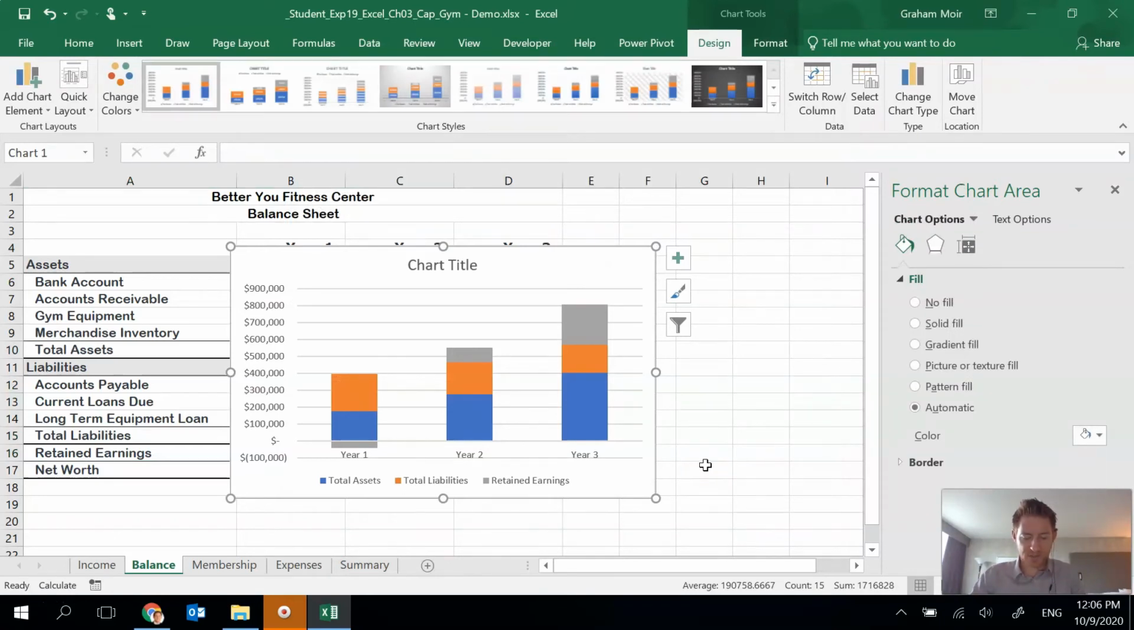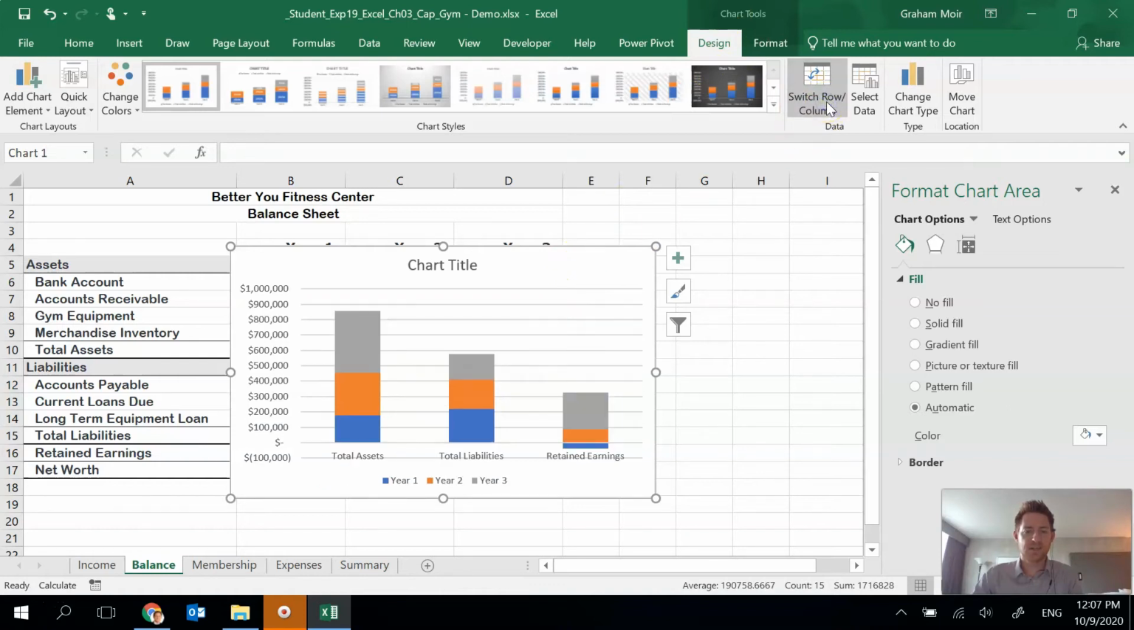And the next thing we have to do is switch the rows and columns of the chart. So we want basically to move around our data. So we can hit this switch row column button here in the chart tools design as you have it selected. And now we've got our